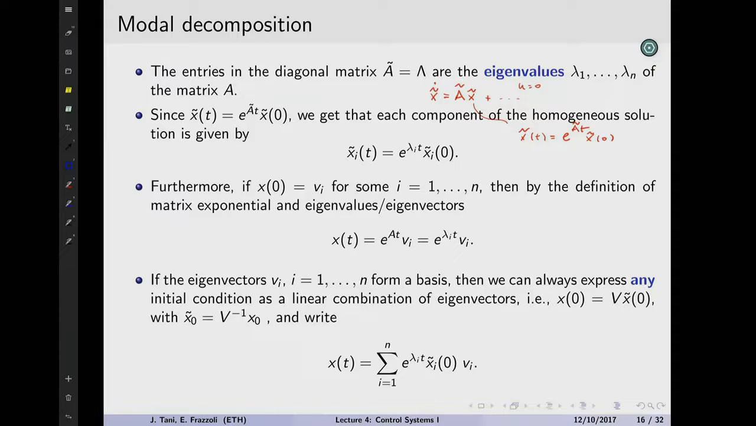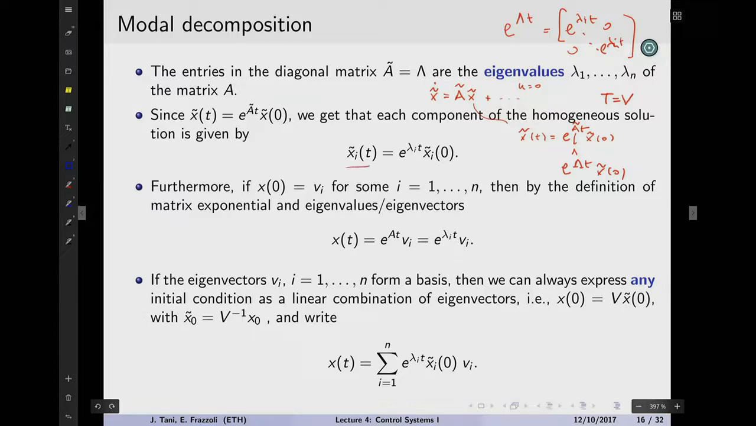So, but now if we choose T equal to V, that is the modal decomposition, now à is actually a diagonal matrix. This is e^(Λt) x̃₀. So what does it mean? If we have e^(Λt), where Λ is a diagonal matrix, this is equal to e^(λ₁t) up to e^(λₙt) on the diagonal. So basically, we can say that after applying this transformation,